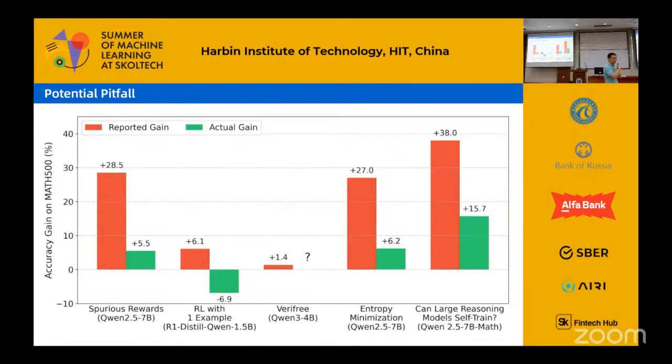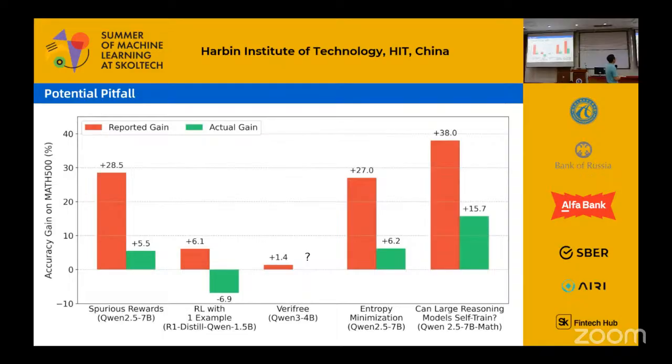For example, in paper one, even random reward or incorrect reward can lead to improvement. But some research finds that the reported gain in those studies is actually huge. But if you use the right setting for the baseline evaluation, you can see the improvement is very marginal, or maybe just noise. And for some results that report a gain, if you set the right baseline, there is actually no improvement. The performance may even drop.